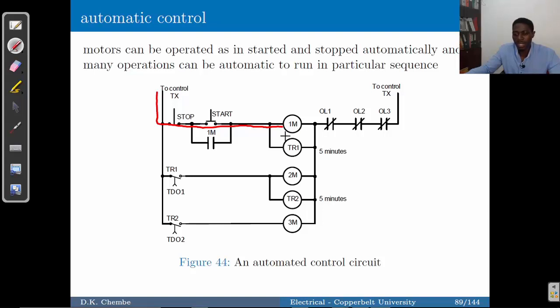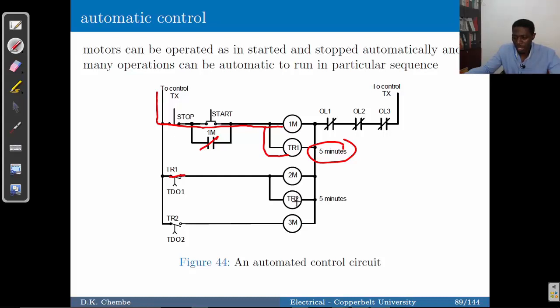1 for motor 1, which when energized is going to close that contact, and at the same time the timer relay is going to be energized, and this timer relay is going to begin to count. So this is a time delay timer in closing, or in activation. Time delay in activation. So what is going to happen is after 5 minutes, like in the setup that is showing here, you have this contact closing. Once it closes, this motor gets energized, and at the same time, the timer for the second motor